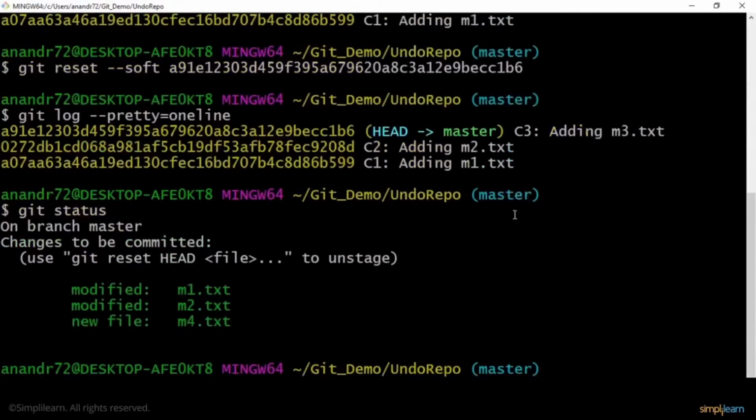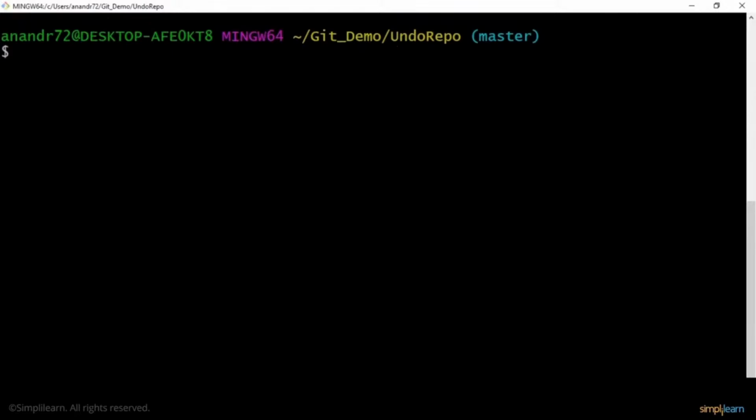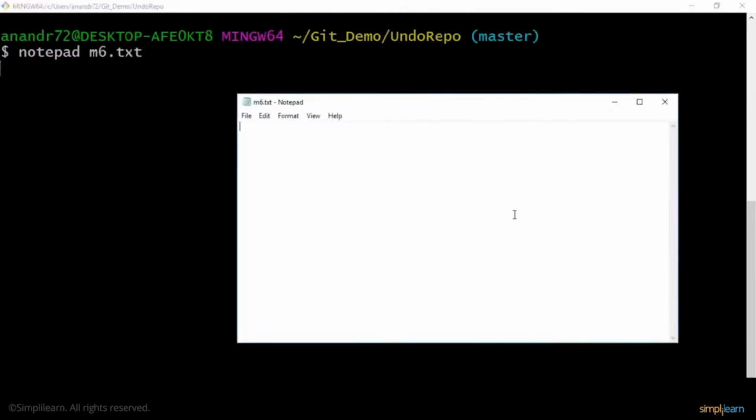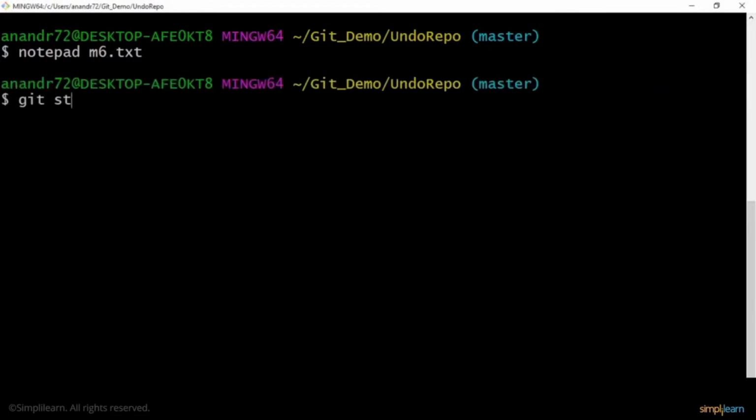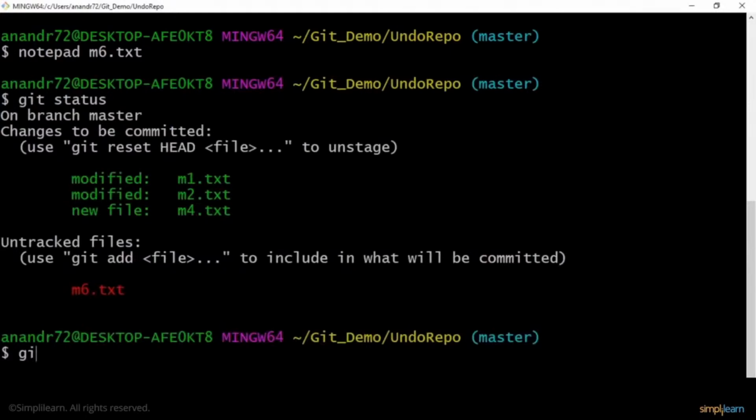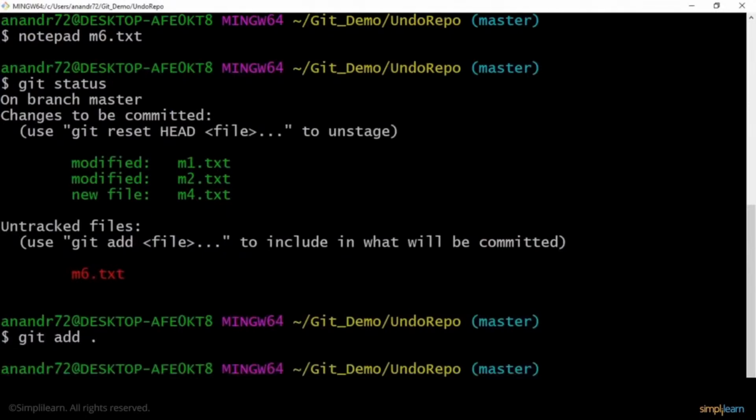All right, now I can make some more changes that I want as a part of my commit and possibly go ahead and commit this whole thing as a new commit altogether. Maybe I'll open up a notepad and create a new file called m6.txt and say one new file that was missed out. I make this change. I go to a git status. All these files are still there. I would say git add ., and I would say git commit -m